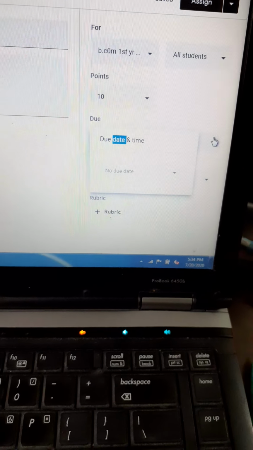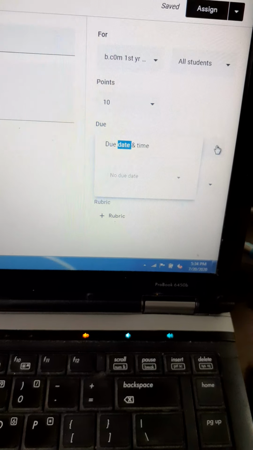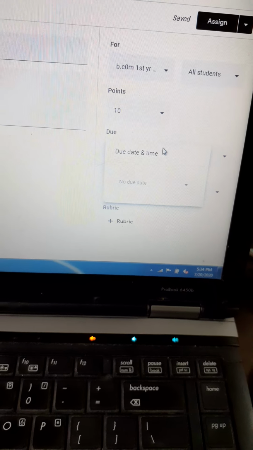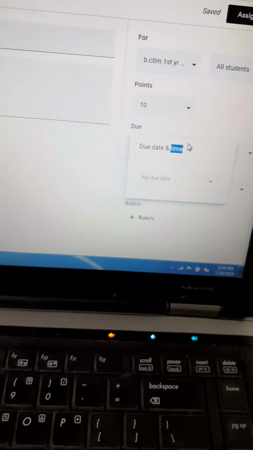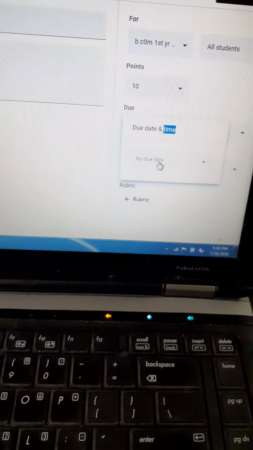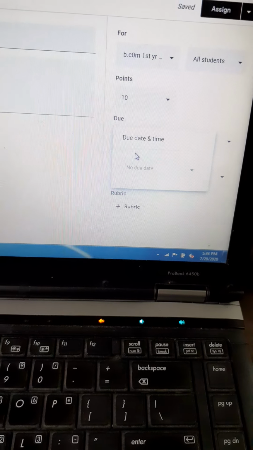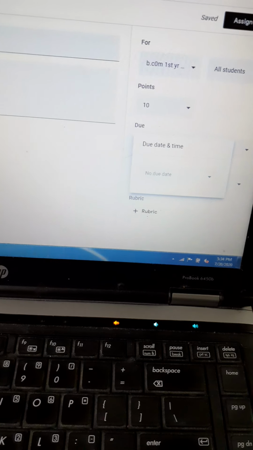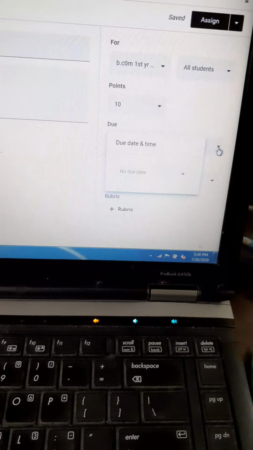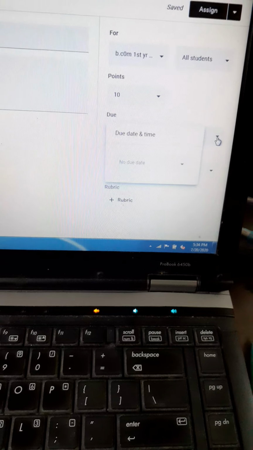Topic also here it is asking. You can type topic. It is not working. You can schedule if you want to mention due date and time also. Here it is asking topic also, it is not displaying in my system, topic also you can type here.